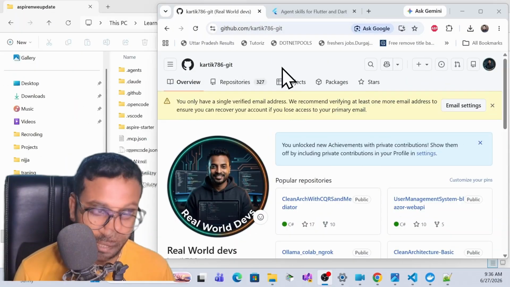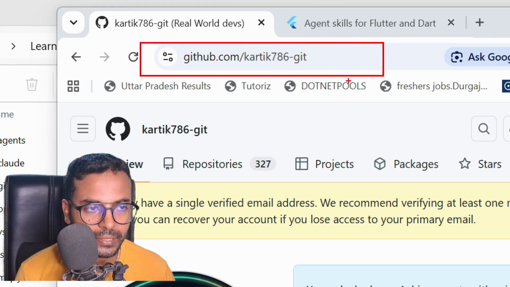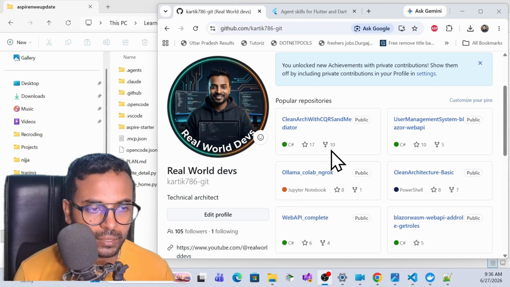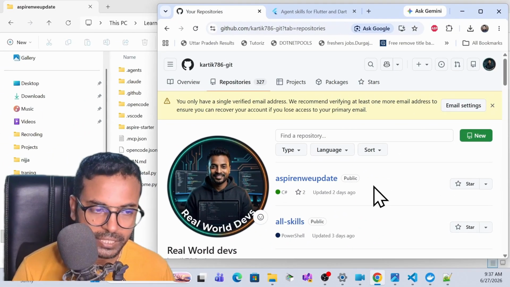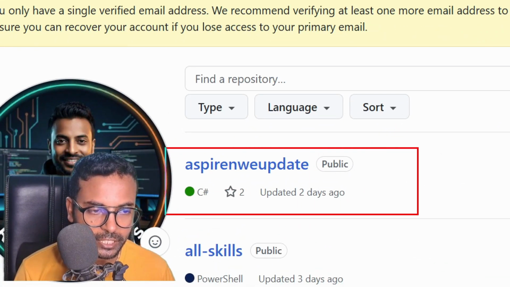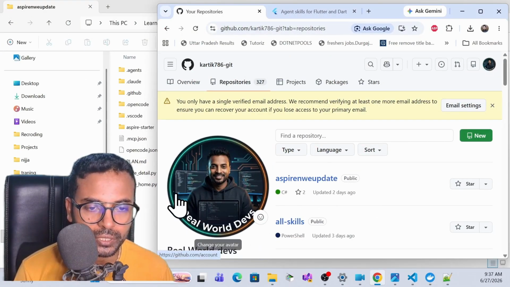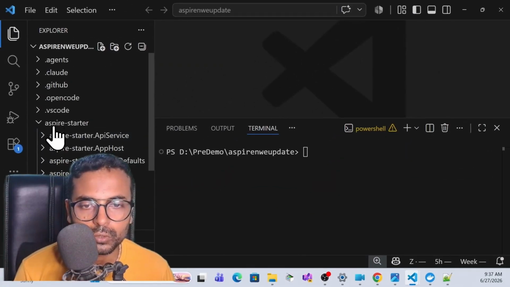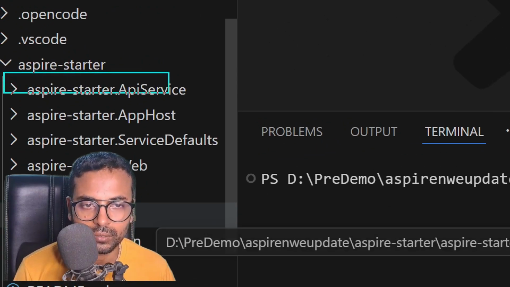First step, we go to my GitHub, which is Karthik786 git, where all my repositories are, and I'll take one repository. We just completed the last session, which is the Aspire new update. Just clone this repository, and I already cloned it here. So let me open it in VS Code. This is the project we covered last time, which already has the Aspire